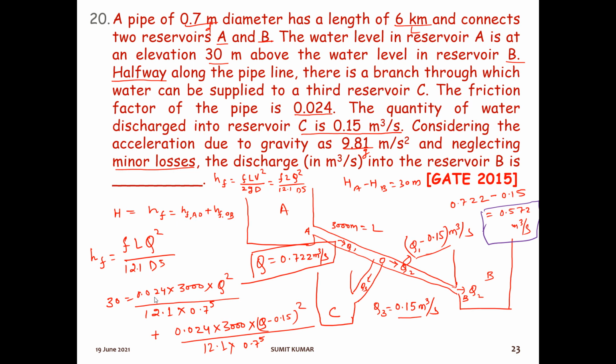The formula for major losses, that is friction losses, is FLV square by 2gD, and for the minor losses, there are various formulas for different cases, and all these formulas are described in the previous lecture of this topic. So for the formulas, just watch that previous lecture, and by applying only a few formulas you can solve all the questions asked from this topic, that is flow through pipes.